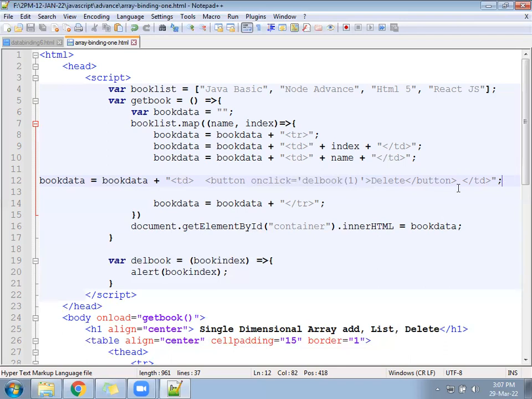Is it coming 0, 1, 2, 3 or only 1? 1, 1, 1 will come as alert.